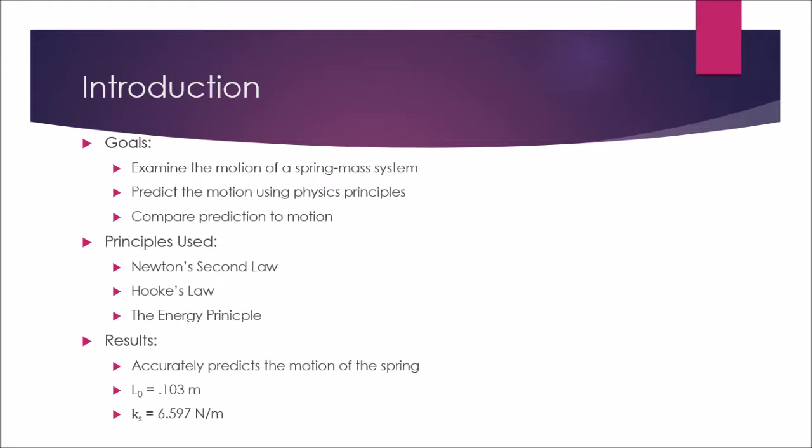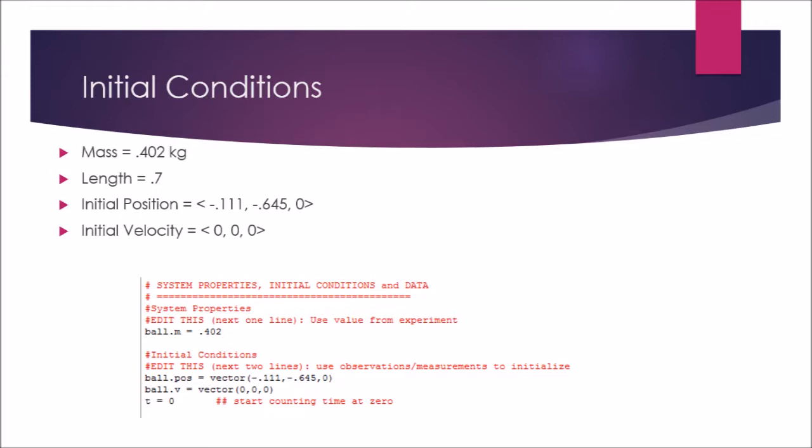The results were that we were able to create a model that accurately predicted the motion of the spring and discovered the relaxed length of the spring to be 0.103 meters and the spring constant to be 6.597 newtons per meter. For this problem, we were given the mass of the weight and the length of the